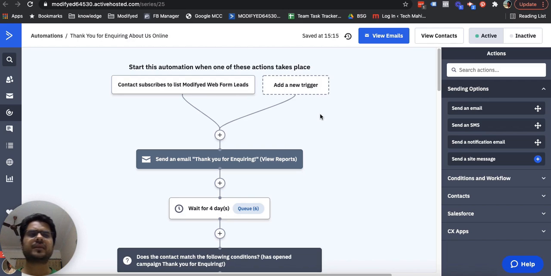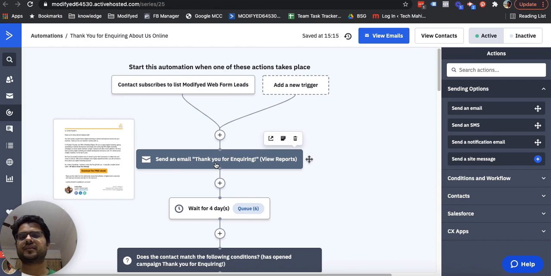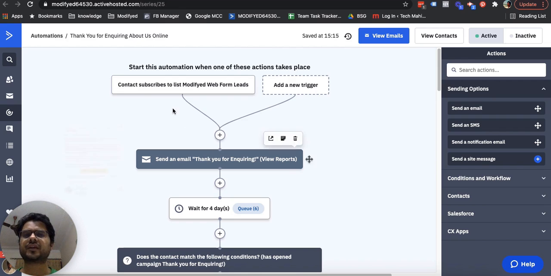So we use a marketing automation platform called Active Campaign, through which we capture all of these inquiries and start engaging with them via email completely on autopilot, right? So this is the funnel that we are using right now. I'll walk you through the funnel.